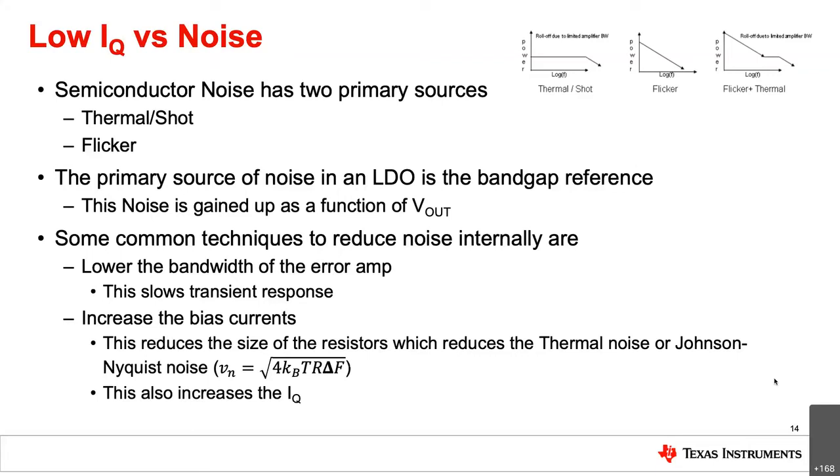However, if you turn these knobs enough, we can actually have the opposite effect of what we actually want, meaning we'll have a slower transient response and a higher quiescent current. So based off of these two simple techniques, you can also see that it's very difficult to maintain a balance between low noise, low IQ, and fast transient response. And since all these parameters can be fairly dynamic, the easiest way that we can visualize this is with a comparison.